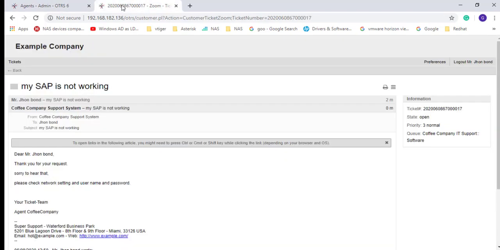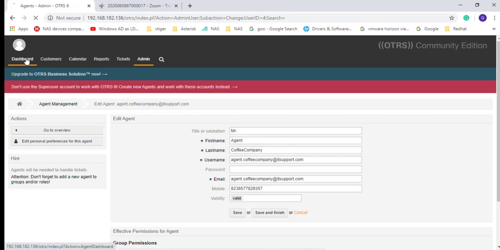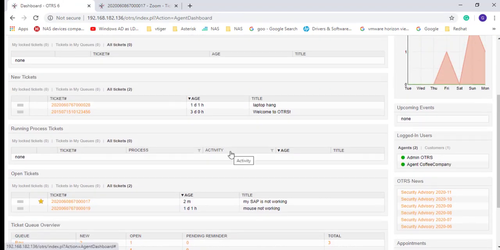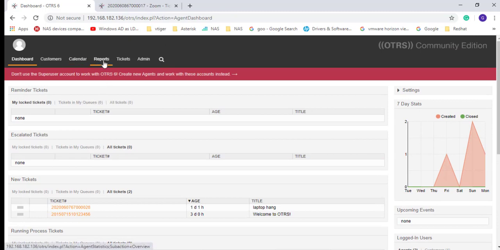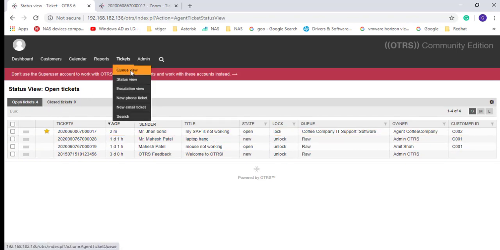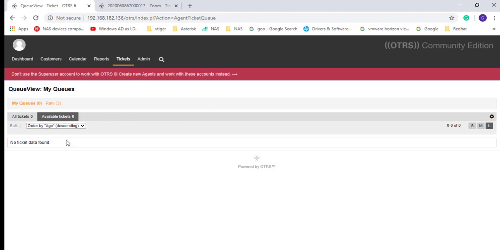So this is it for the coffee company. And let's see how it looks for an admin or a supervisor. So here in the ticket window, status view, queue view, the admin can see all the queues.